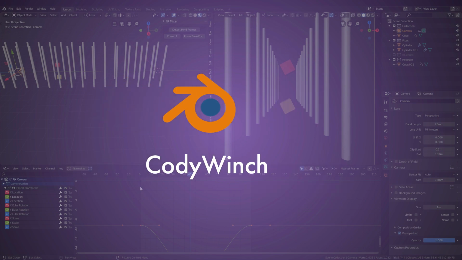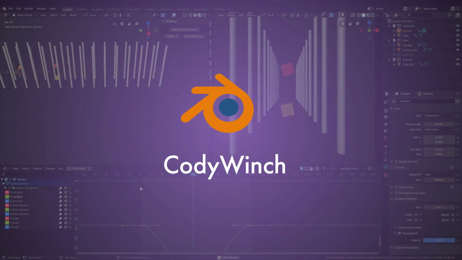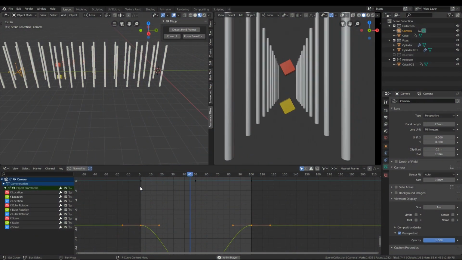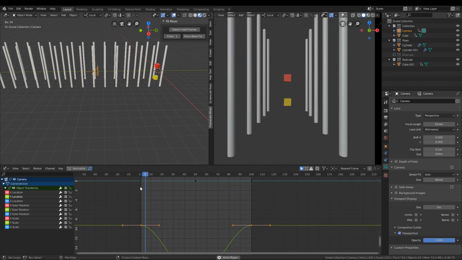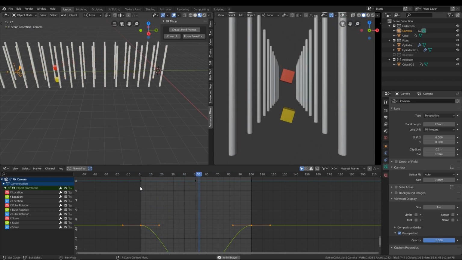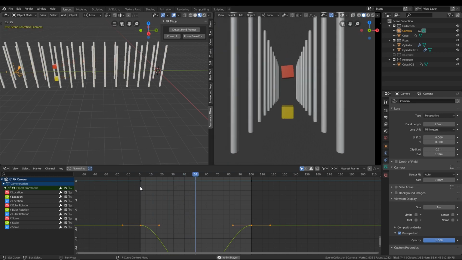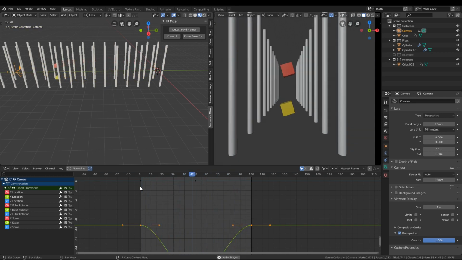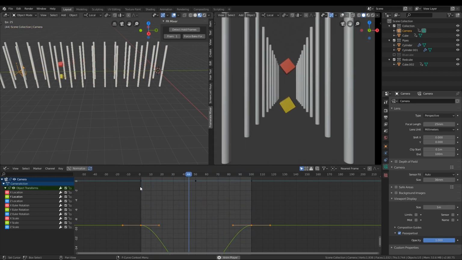I'm going to be touching on CodyWinch's solution because the method used in Maya simply doesn't work in Blender because of the way that Blender handles its dependencies. However, unlike CodyWinch's video, I'm going to be using a far simpler animation than his example, because I feel that it's easier to understand what's going on without the crazy animation in his example video. I will say, definitely check out the original video that he's posted because it goes into detail into why and